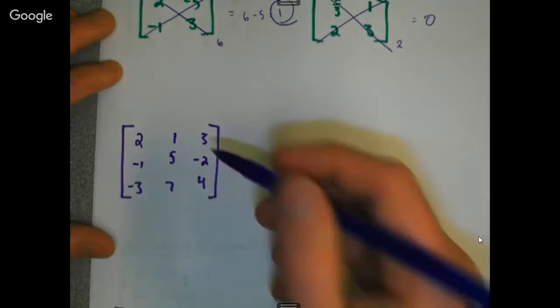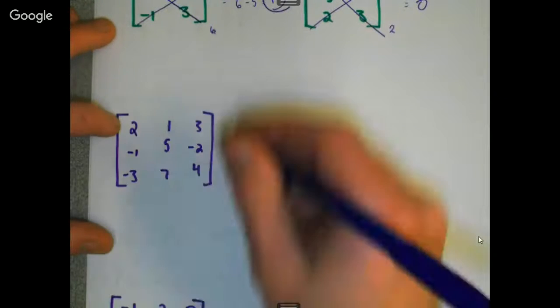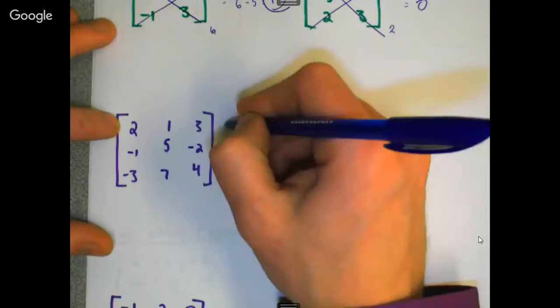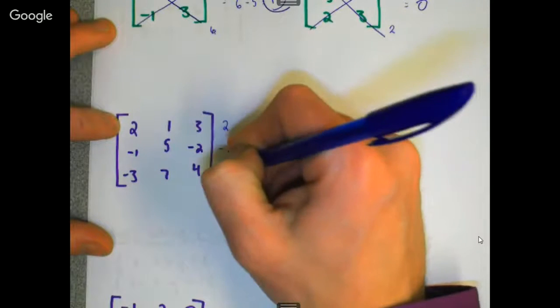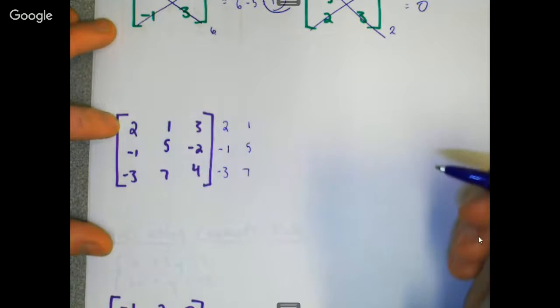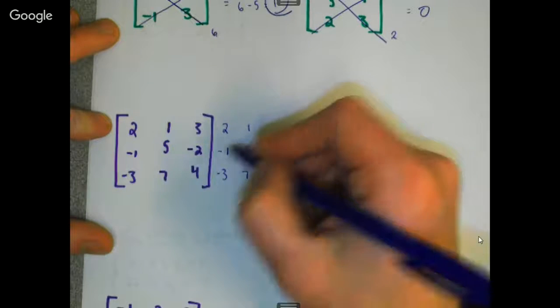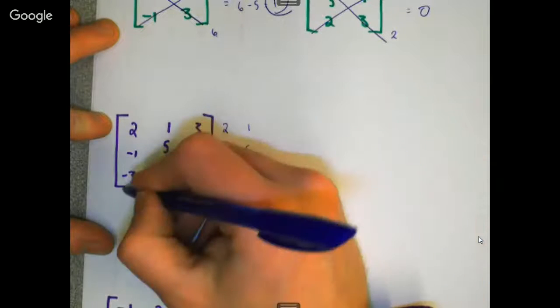All right, so I've got 2 of these. I'll do 2 different ways, these 3 by 3s. So the first method I like is extending. So we'll recopy the first 2 columns down, okay? And then we will multiply going in the diagonal. So we've got